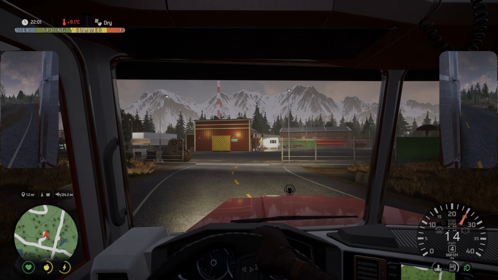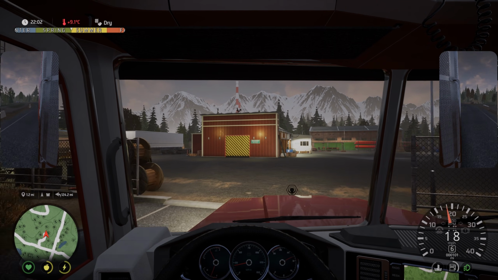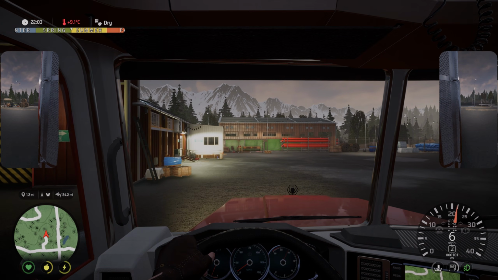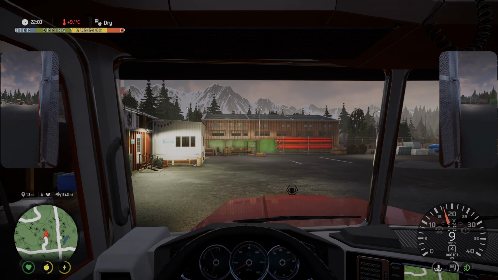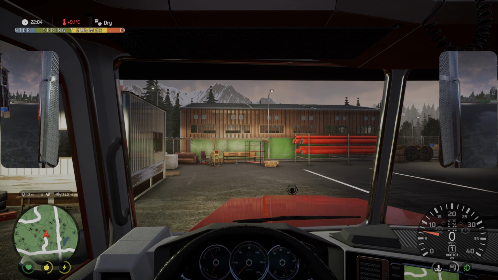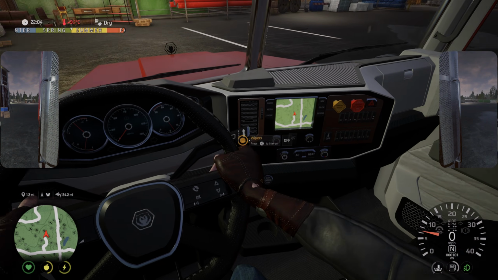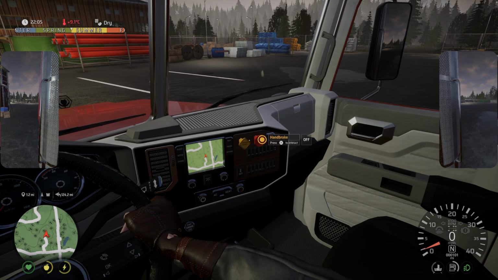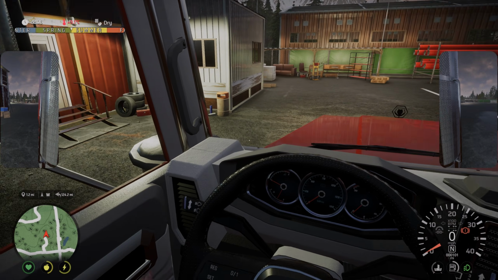This is our HQ. This is where we're going to be able to control a lot of our sort of business side of the game. So we're going to park alongside. This time we're going to use the dials on the actual dashboard to turn the engine off and to put the handbrake on. Let's get out the trunk